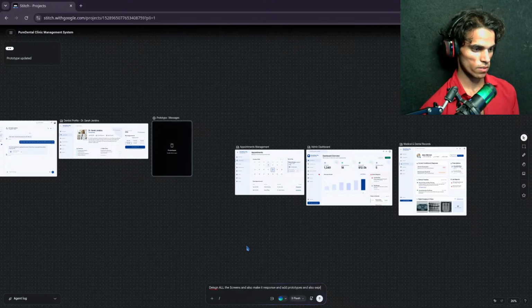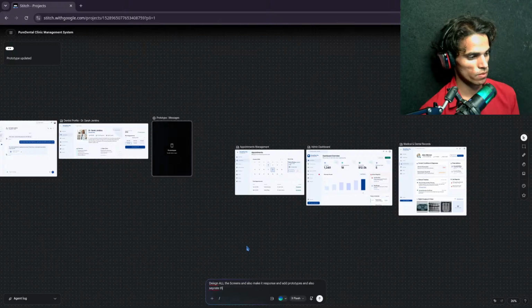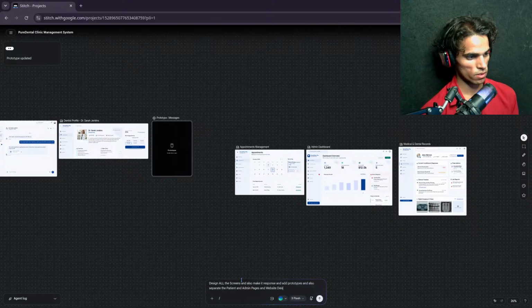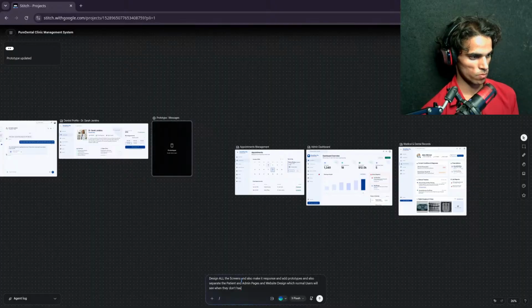Separate. Okay, there is a little problem. Separate the patient and have patient profile.